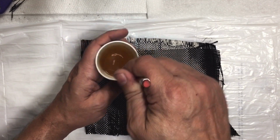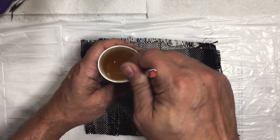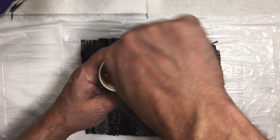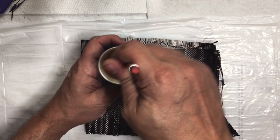And this is a pretty small batch of it, and typically the rule of thumb is you mix it until your hand is sore, then you mix it for another 5 minutes. But that's for larger batches. For what this is, as long as it's thoroughly mixed,